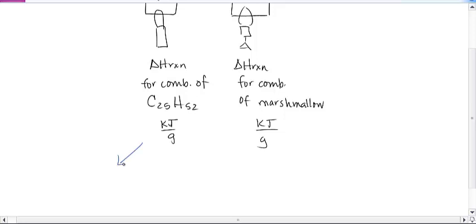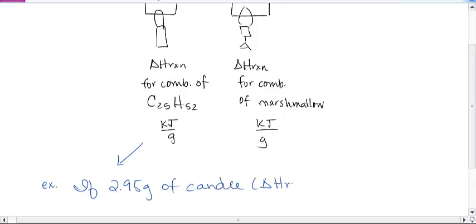So let's consider the candle for a moment. I'm not going to solve this question, but I want you to understand where this heat of reaction is useful. So if I have a question like, let's say, 2.95 grams of candle